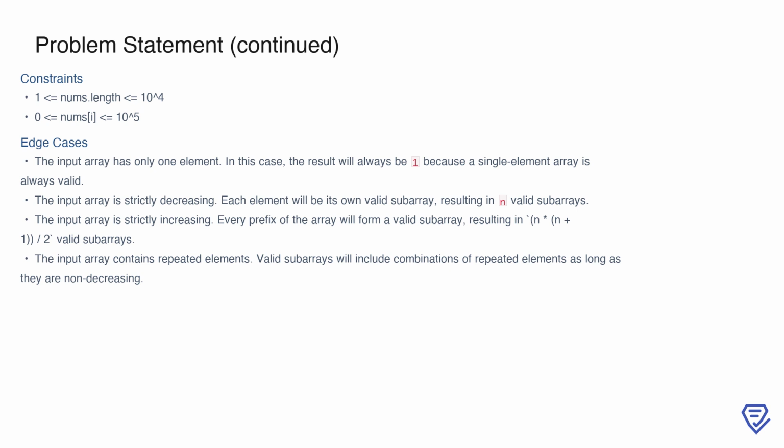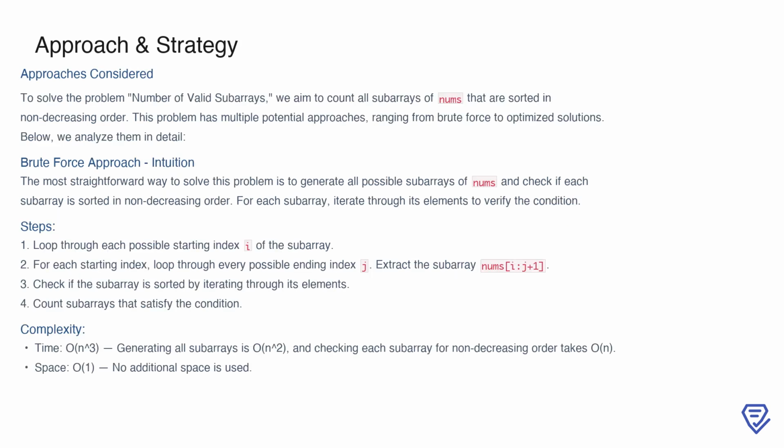On the other hand, if the array is strictly increasing, every subarray is valid, leading to a total of n * (n + 1) / 2 valid subarrays. Finally, for arrays with repeated elements, we count all combinations of consecutive repeated elements as valid subarrays, provided they maintain the non-decreasing order. To tackle the problem of counting all valid subarrays that are sorted in non-decreasing order, several approaches